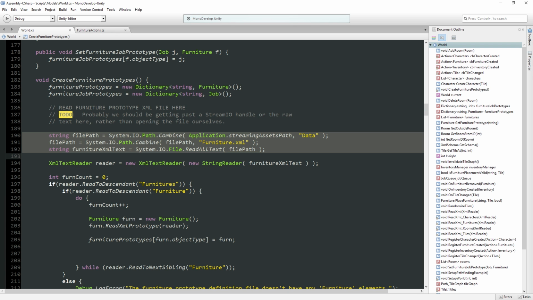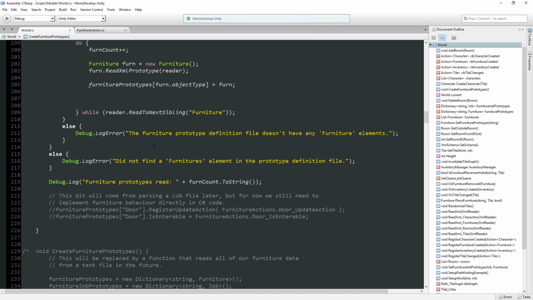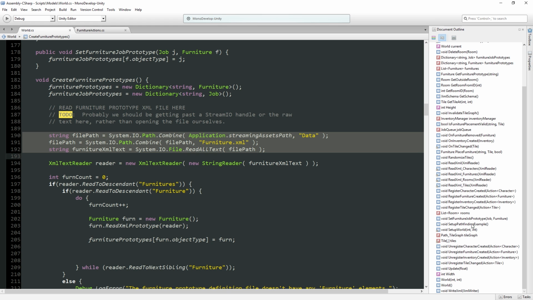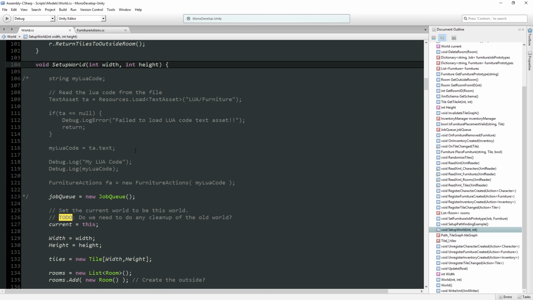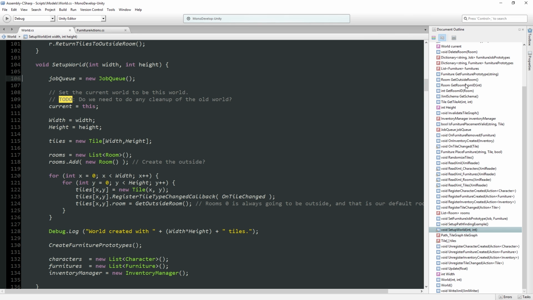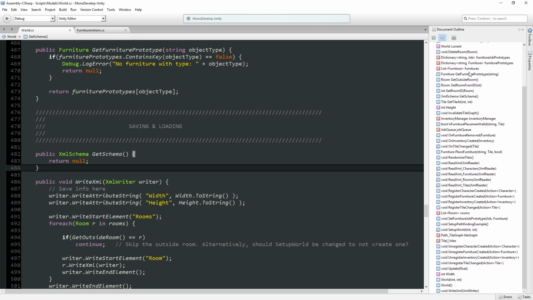And now in our create furniture prototypes. Oh yeah. I was going to say, we're loading the Lua in setup world right now. We've got to comment it out. But let's take this. And actually, I think it makes perfect sense that we should,